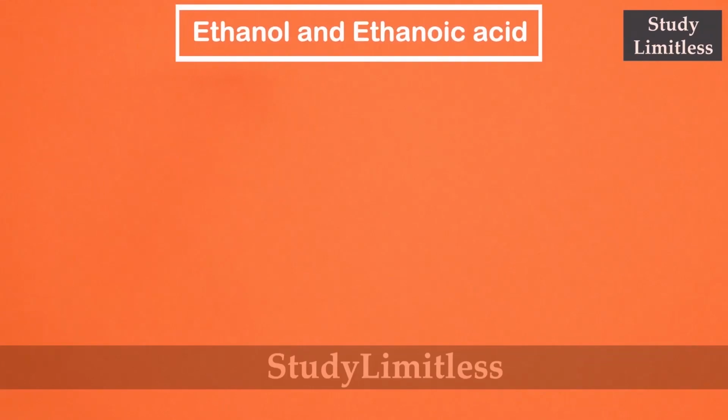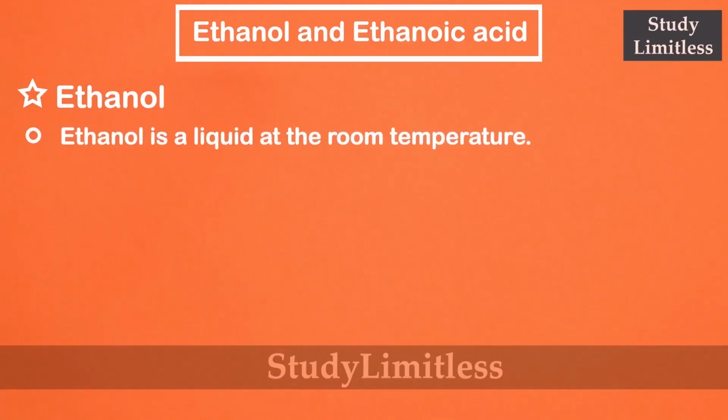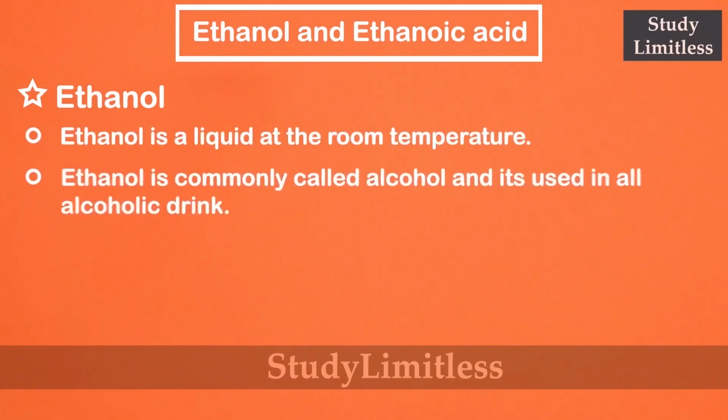Now let's talk about some important carbon compounds. Specifically, we're going to talk about ethanol and ethanoic acid. Now let's start off with ethanol first. Ethanol is actually a liquid at room temperature, and it is commonly called alcohol and is used in